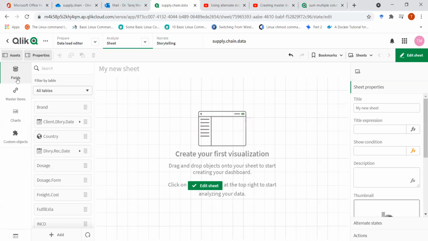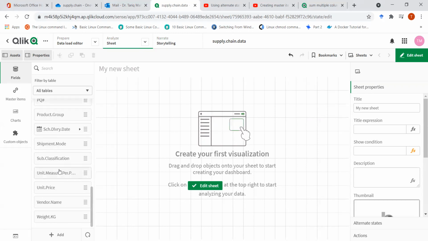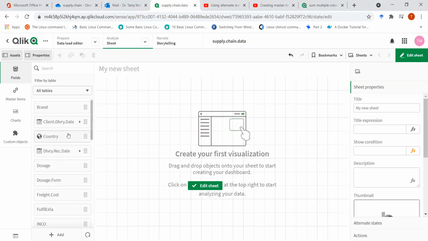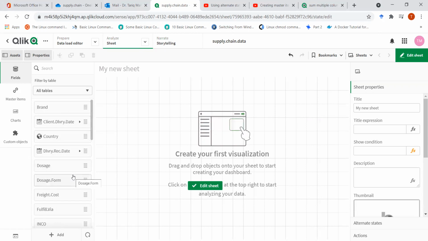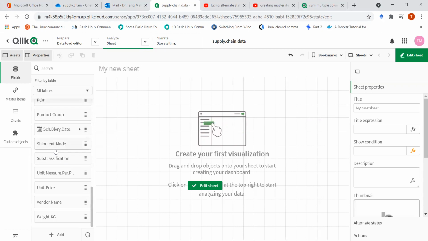So we have these four options here. One is the fields. All the fields are here. Obviously, the country is the geographical variable, so it's going to show that on a map. These two are dates, and all the others are just excluding the scheduled delivery dates. So we have three dates, and we have one geographical variable, and all the others are a mixture of dimensions and measures. But ClickSense has not categorized them separately, as is typically done in Tableau, for example. So it's up to us to use them as they are.